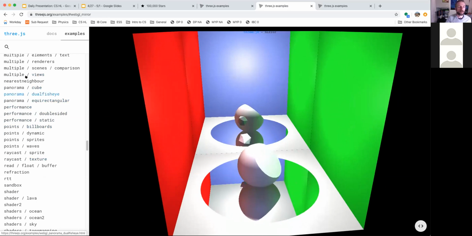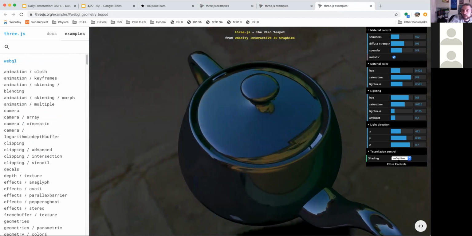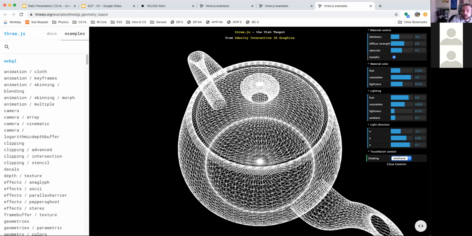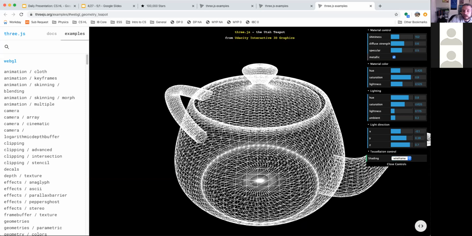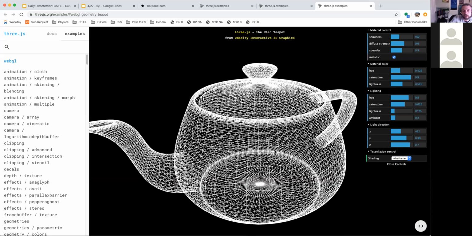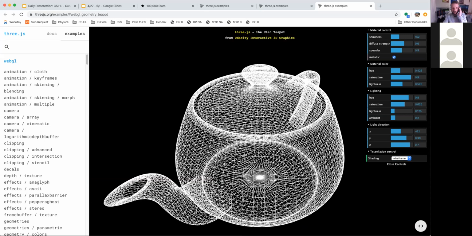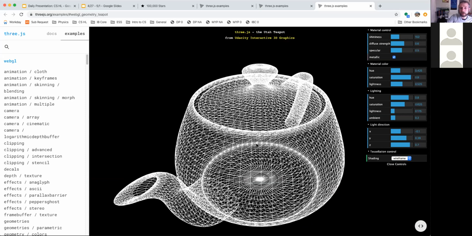Literally, you could spend hours looking through these different visualizations. The third one I wanted to show you is the teapot, okay? So we can look at it as a wireframe, and in order to understand the rest of what we're going to talk about today, it's important to understand that this is how three-dimensional visualizations or three-dimensional objects are created, is through a wireframe,